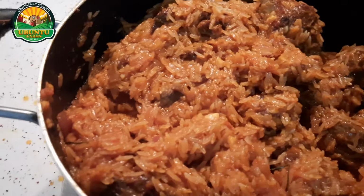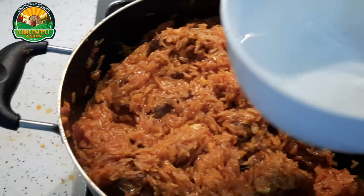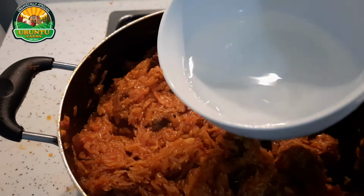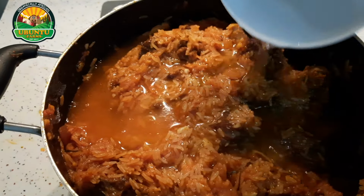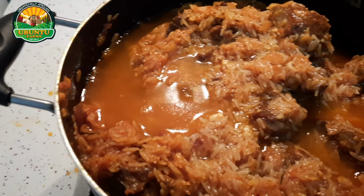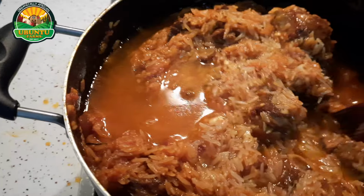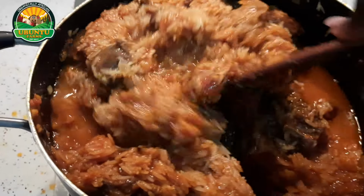And so here I will give it a nice good stir until everything loosens up, and I will continue to add a little bit of water until I achieve my desired consistency. And the goal is to get single grain jollof rice, not sticky jollof rice. So remember, you can always add a little bit of water during the cooking process if need be, and